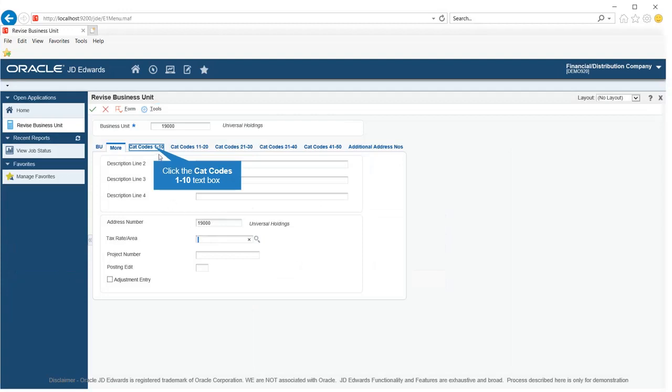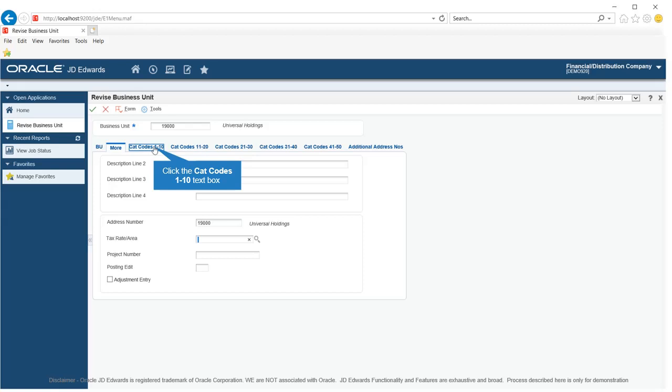On the category codes tabs, there are 50 category codes. Use category codes to describe your organizational structure and to group your business units in as many as 50 different ways. Category codes for business units provide for higher level or selective reporting. Select the appropriate tab to assign up to 50 category codes to the business unit.